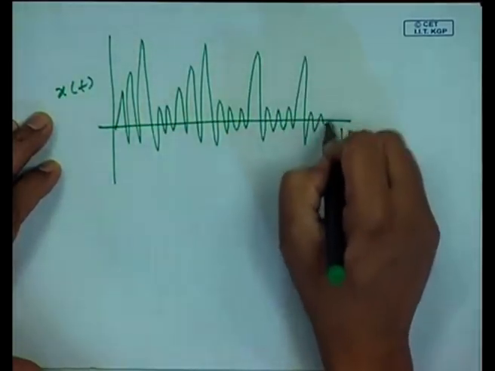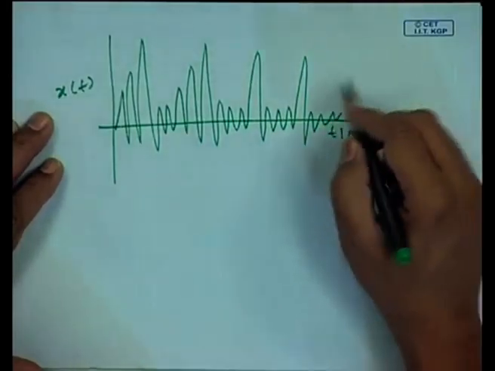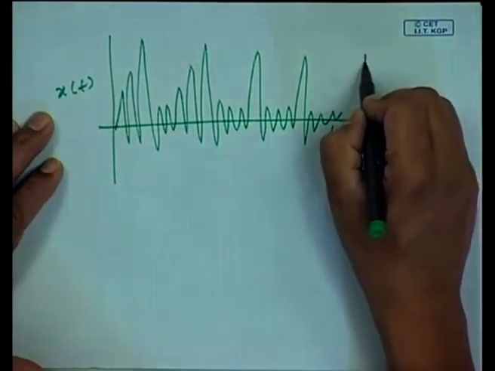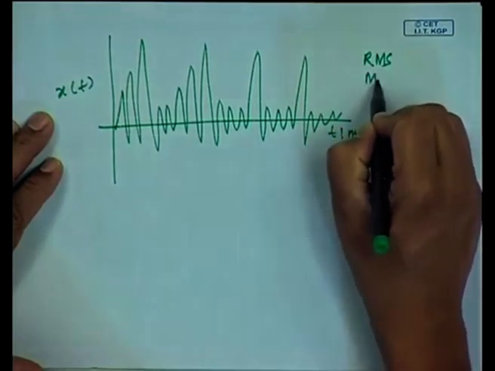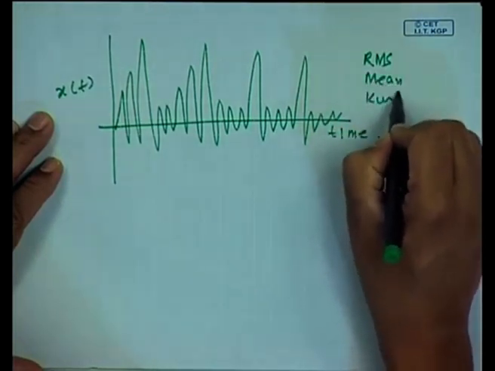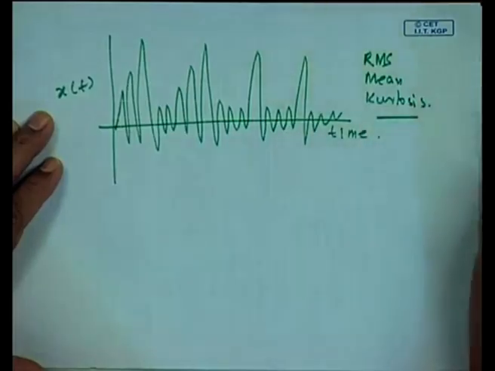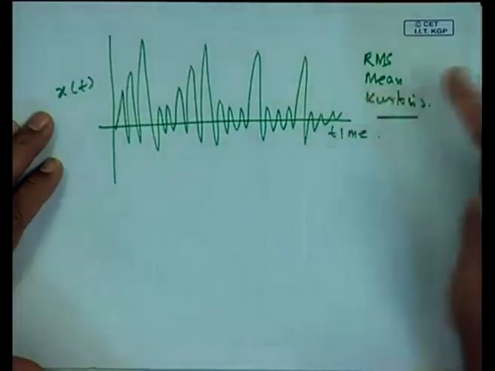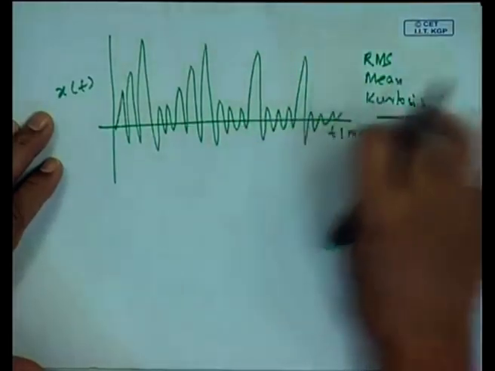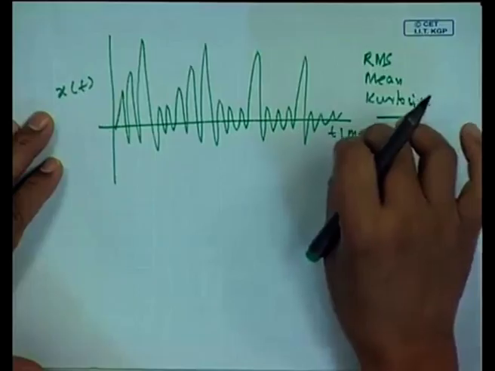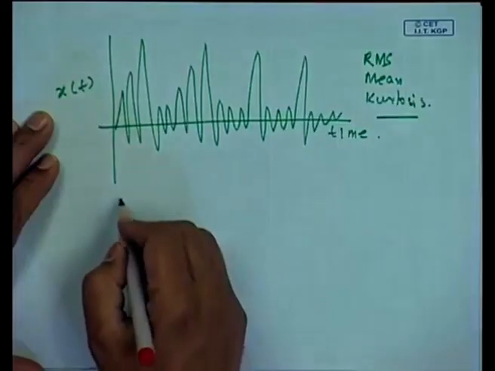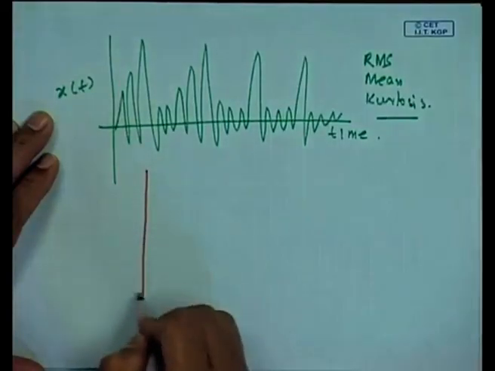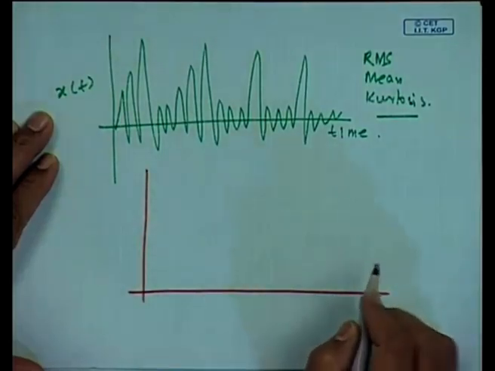but at most the analysis I do in time domain is I can find out their RMS, mean, kurtosis, etc. But this will only give me a relative measure of the strength of the signal, and that is all. I cannot pinpoint whether my fault has occurred in a pinion or a gear. But if I do FFT analysis,